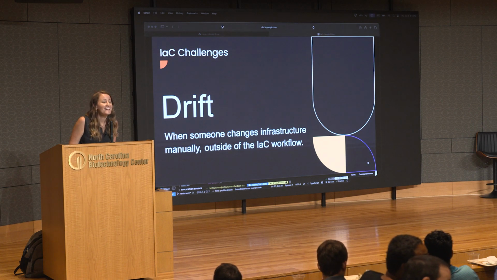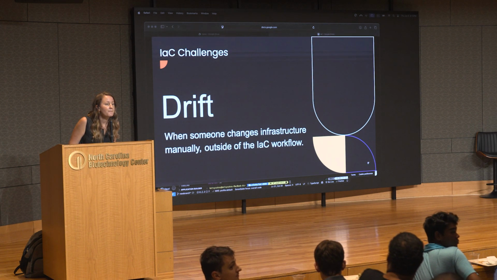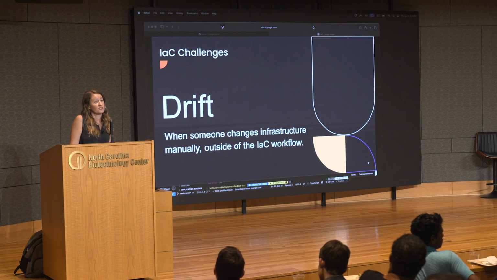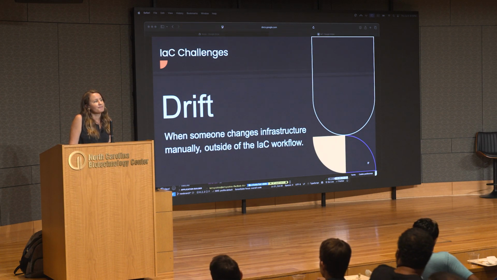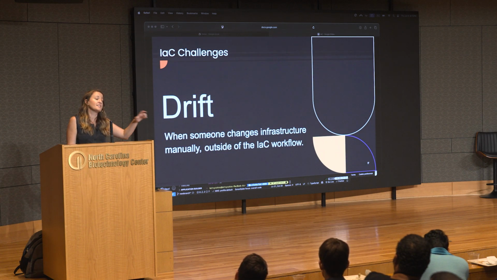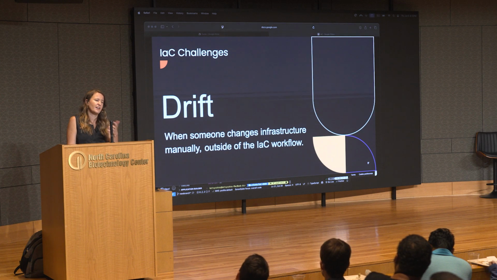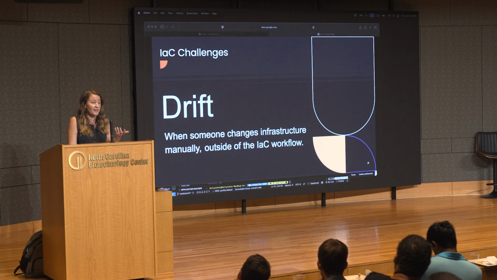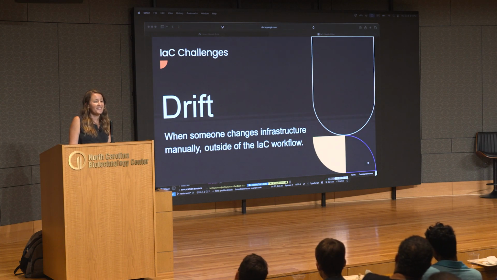Is there any precedence, like the manual one is considered more important and this one is not? That's a great question. We're gonna go down this rabbit hole. I don't know. I think it just causes confusion on the team, because you don't know what is considered to go in the console and what is considered to go in the repo. I think it would depend on your team. Maybe you're slowly moving into IAC, so maybe that's where it would work. Are there explicit permissions that you can set?